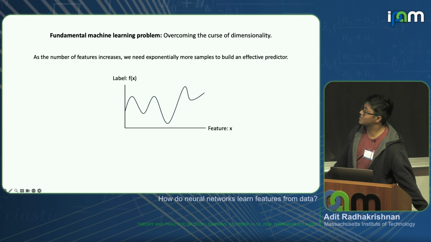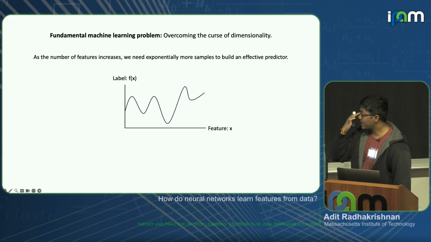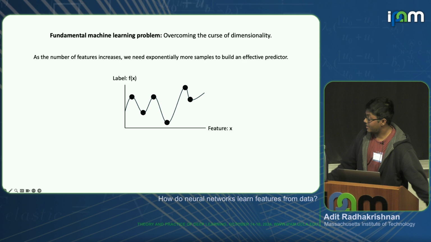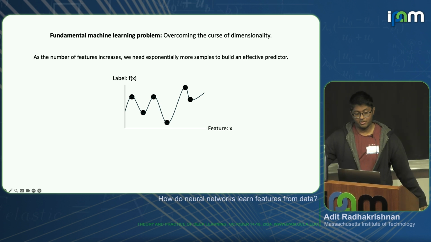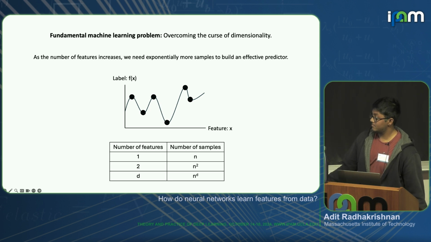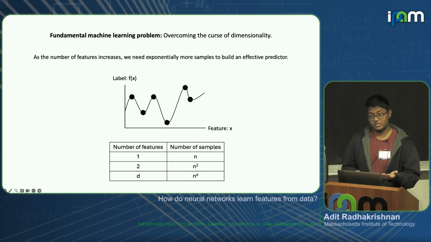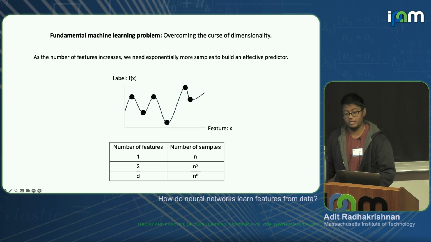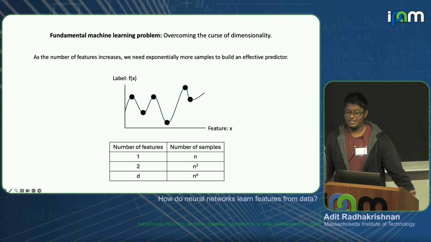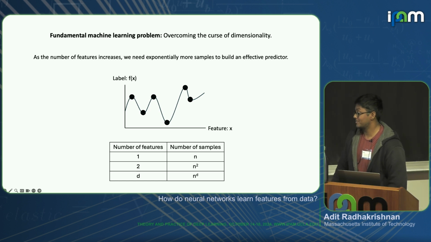And maybe just some simple intuition as to why this is. I'm sure many of you are already familiar with this. But the idea is that if I just have one feature, a one-dimensional variable, and I'm predicting a label, then I could potentially sample densely along this region at some uniform spacing. But if I was to start building a function where I had more features, if I wanted the same level of discretization, I would start to need exponentially many points in the dimension. And so if D here is like 100 or 1,000, this is going to be an astronomical number of data points. I'm not going to be able to do anything here.